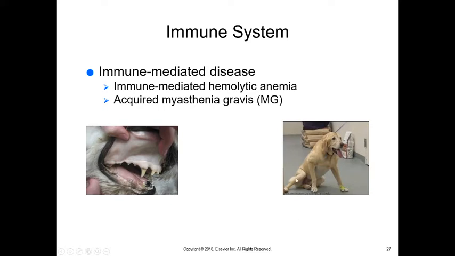What happens is there's no breakdown of acetylcholine, which helps their muscles to fire again and again and again. And so when that can't fire again and again and again, it just stays in a steady state and weakens the muscles. So myasthenia gravis can be seen in young to middle-aged dogs, causing weakness of all the muscles. We usually see it start with the esophagus, which is a thin muscle, and what happens is it dilates,